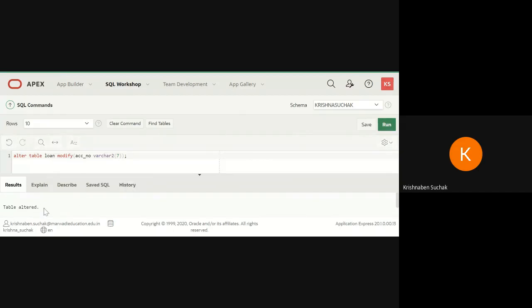Table altered. So now you can check in find table the size of account number. Sorry. Here I need to write loan1 because I want to modify in my loan1 table.